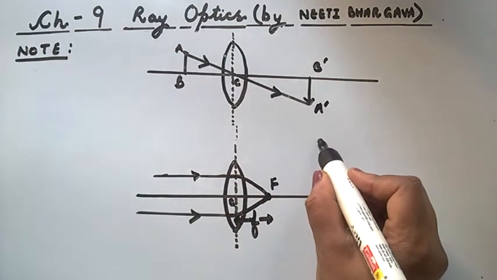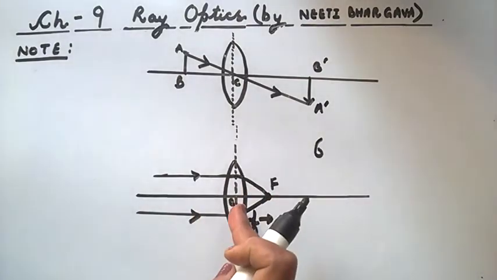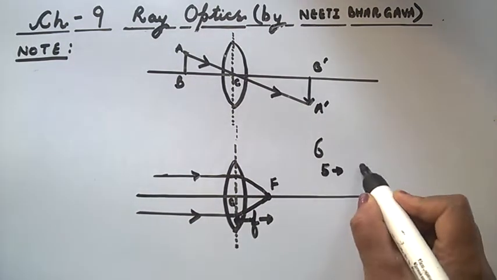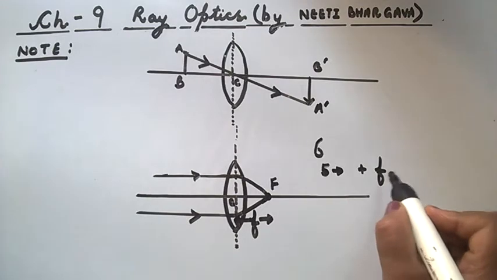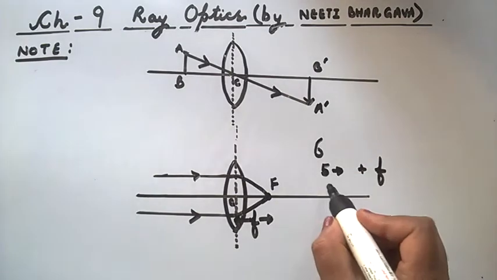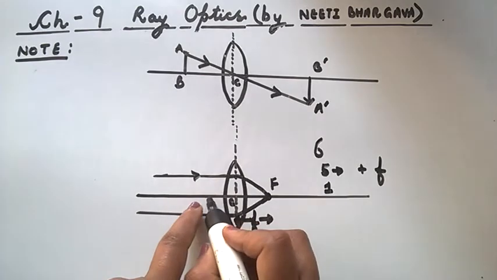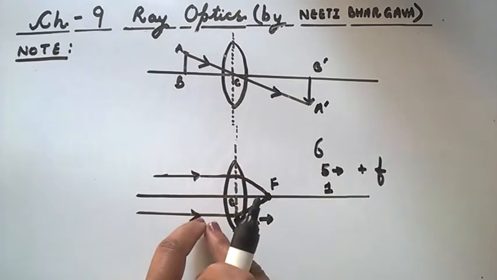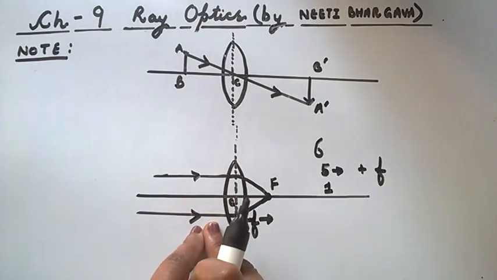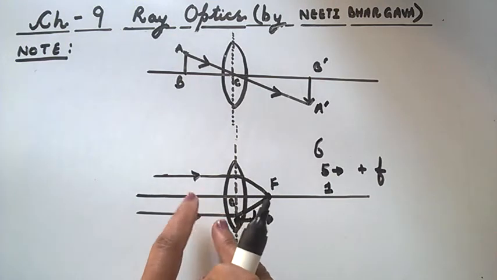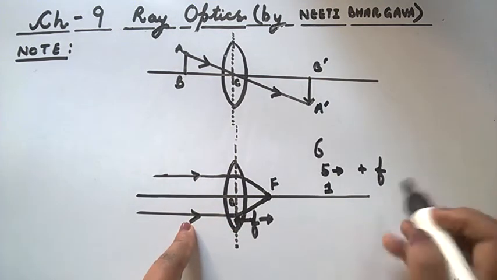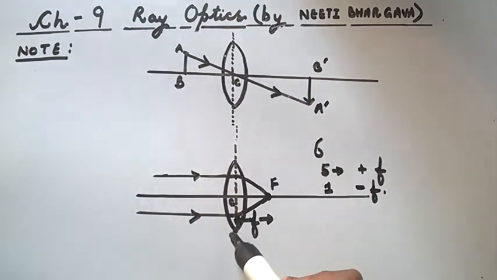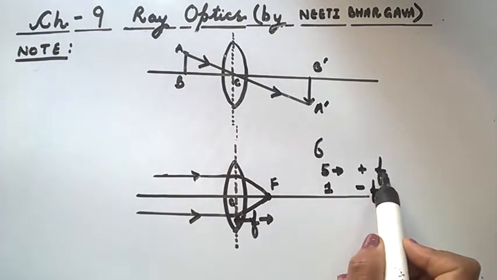As we know that there are 6 positions where we place the object in front of a convex lens, and out of these 6, 5 are having positive focal length, and it gives real and inverted image. But in one case, when the object is placed within the focus, between optical center and focal length, the image formed is virtual and erect, on the same side as the object, and its direction is opposite to that of the incident light. So at that time the focal length is negative. So in convex lens, for all the 5 positions, focal length is positive.